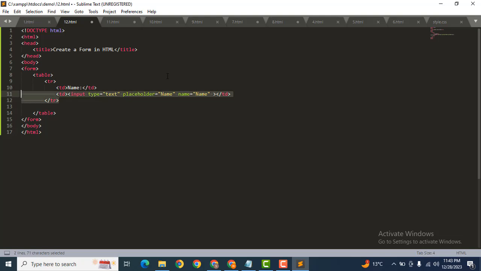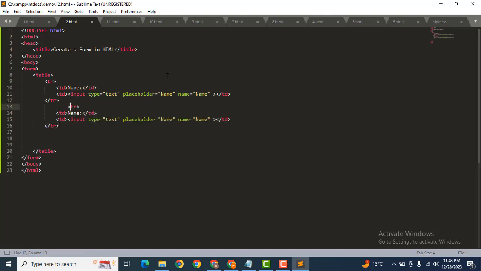now let's copy this row, and here we can add this row. Now here we can add email, then type is equal to email, and also we can add in the placeholder email. Alright,